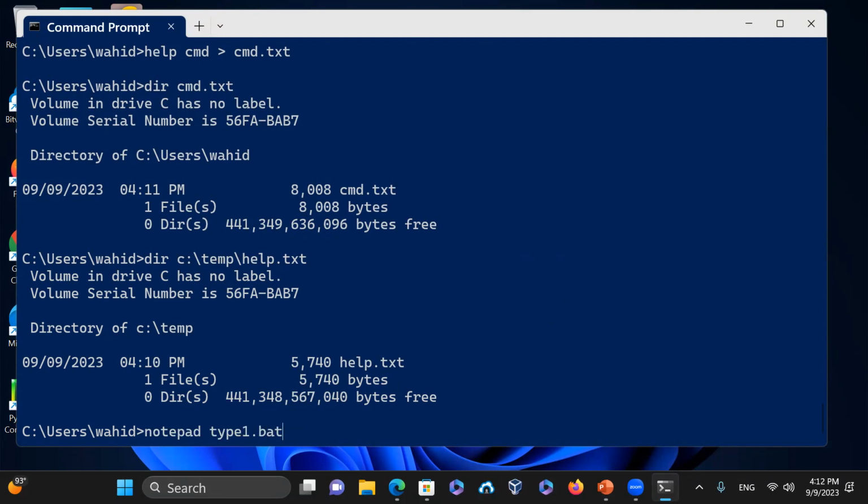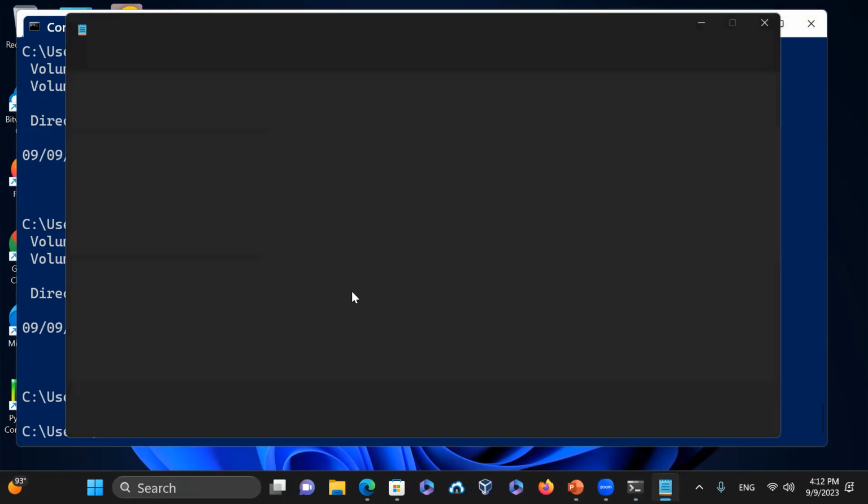And then type1.batch, so the command.txt is in the C:/user Wahid directory. And then right here, I'm going to create a batch script. I'm going to say type C:/, I'm sorry, since I'm on the current directory, I don't need to provide the path there. But if you want to make your program portable, regardless of where the user is running your program, it's better to provide the path. So C:/user Wahid, and then cmd.txt, and then type